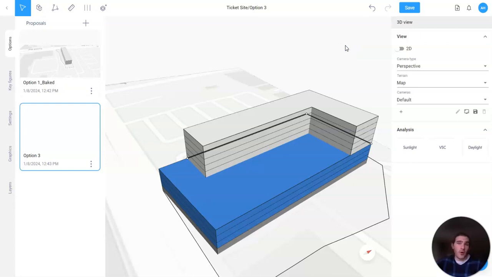Alex here, and a question I've been asked is what's the best way to go about editing the mass of a polyline massing that you've created? And there's a couple ways to go about doing it. First thing you should do is hover your mouse over the mass as such, and then you can hit the